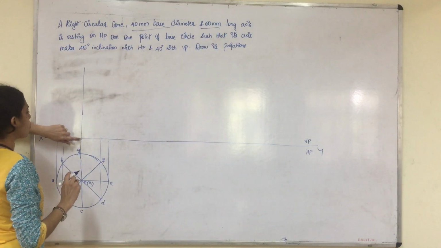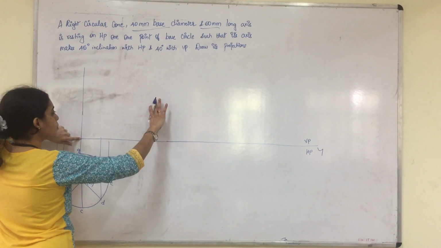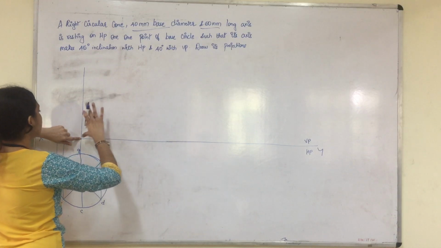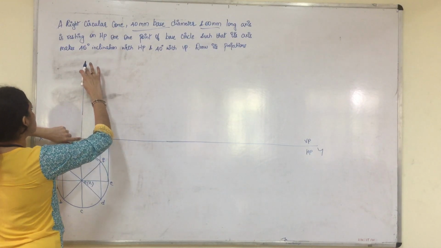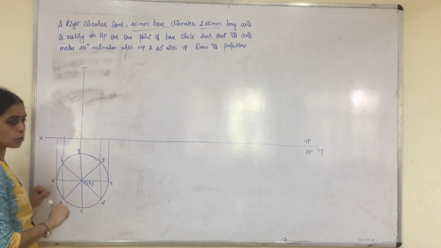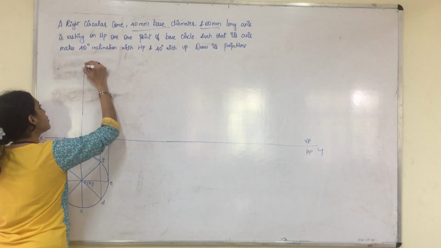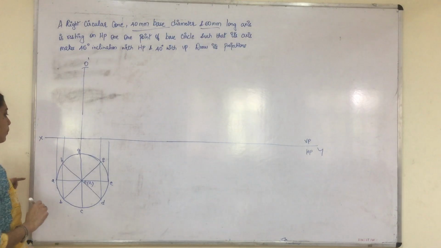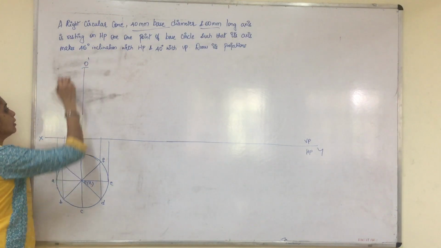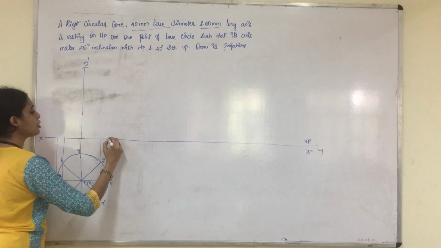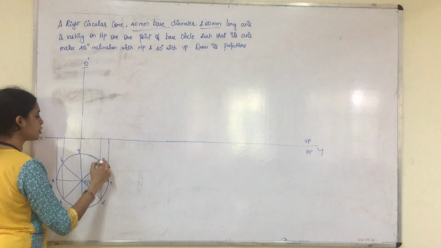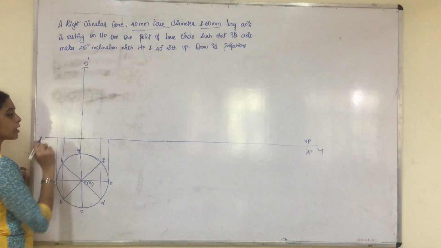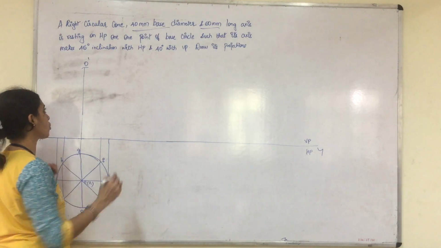So keep one end of the compass here. First measure 60 mm using the compass and scale and come back over here. Measure exactly 60 mm and cut an arc. So this will be our O1. Once you get the apex, we will now join the apex to each and every projection of the generators which are there on the circumference of the circle of the top view.